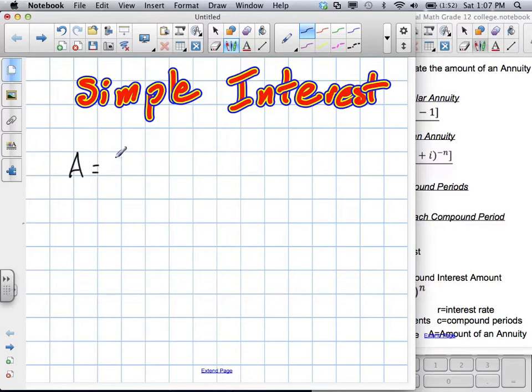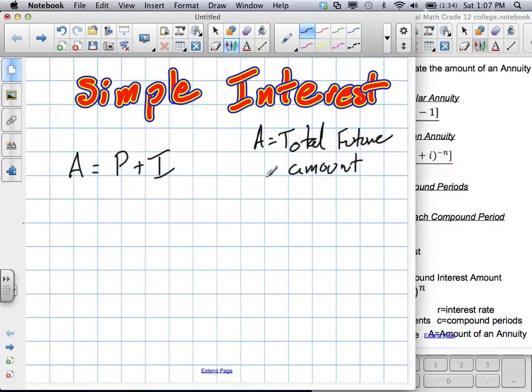A equals P plus I. Okay, so A stands for the total amount, total future amount, we'll say. And the reason we say future amount is because A can also be known as future value. Okay, and what that means is like 10 years down the road, 5 years, that's how much money you're going to have. P is called your principal,